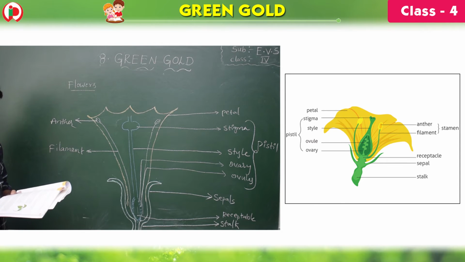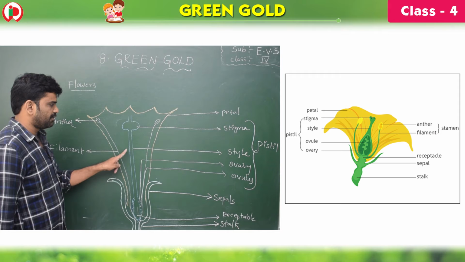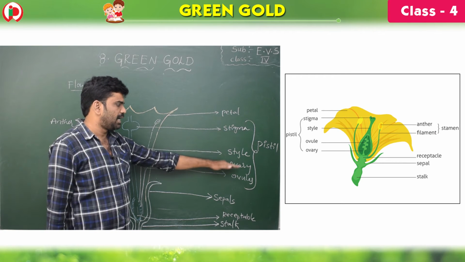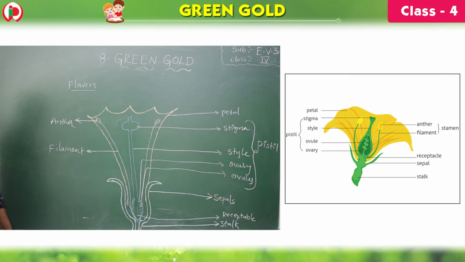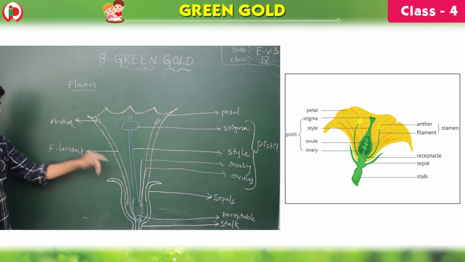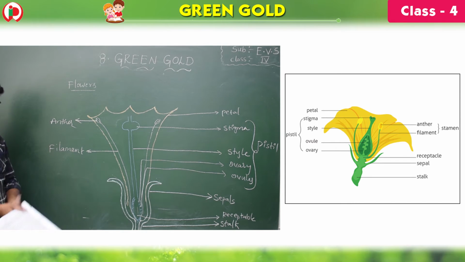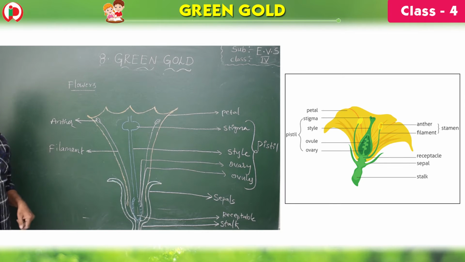The flower has a female part, which is called pistil. This is the female part, children, with the blue color. Pistil has 4 parts: stigma, style, ovary, ovule, and the male part is called stamen. This is the stamen, children, the white colored part, which has 2 parts: anther and filament. They work together to fertilize the plant and produce seeds.